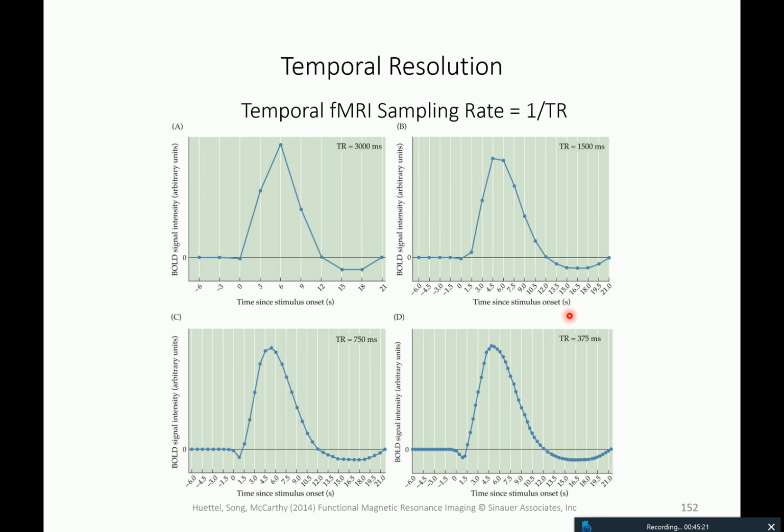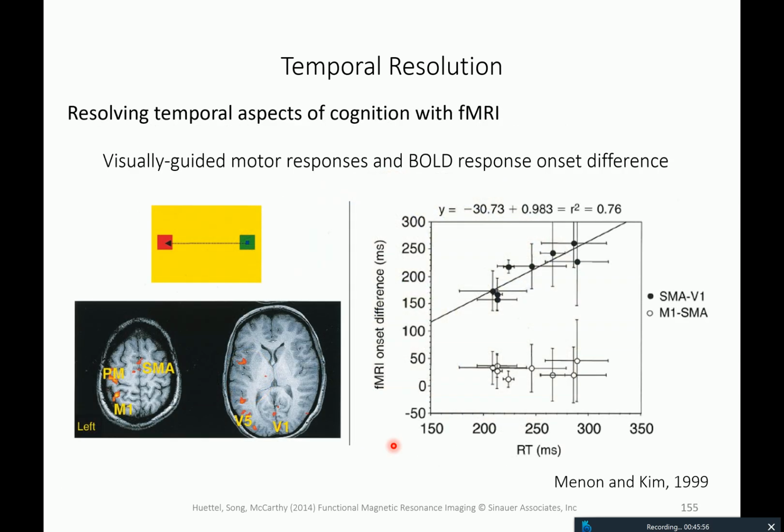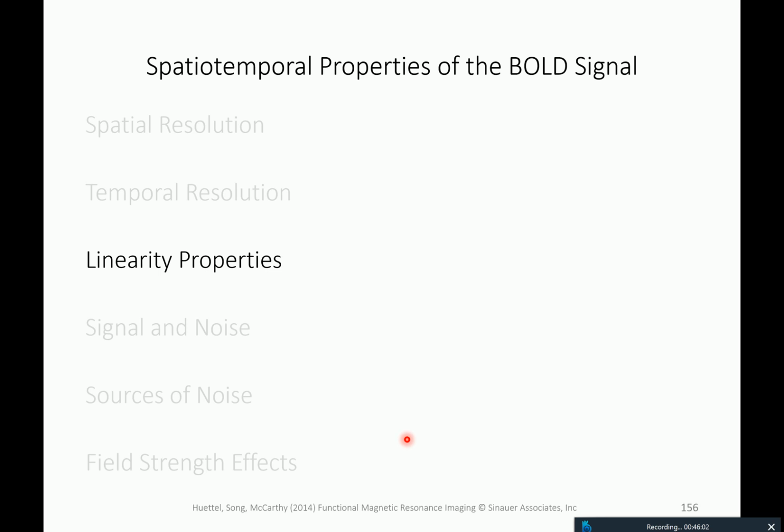This is something to keep in mind, because if you use the standard BOLD response model and you shift it by 100 milliseconds, this is in fact reflected in the signal. Hence, if the signal really shows this, you can make claims about millisecond processes, although the BOLD response extends over 4 seconds or even longer, almost 20 seconds if you look at the entire profile. So the temporal resolution in BOLD is not low because the BOLD response needs some time to come up. That's important. Okay, and that's also a good point for a break,